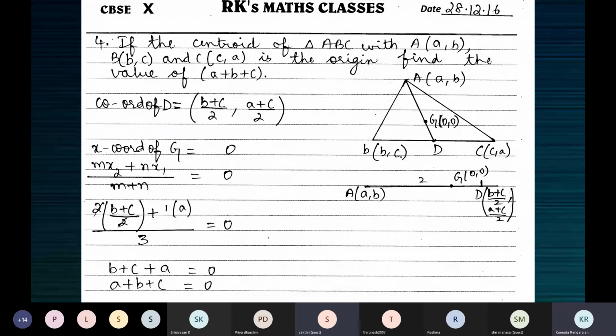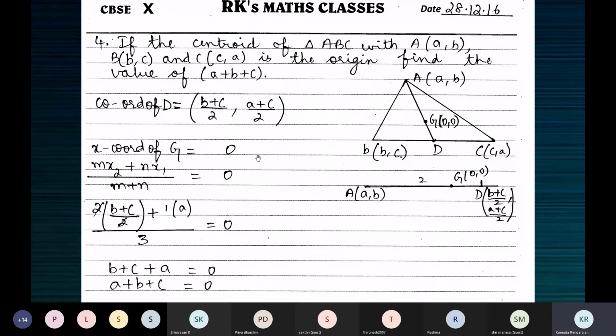Now, rules keep changing, but I'll tell you what was existing. Now the latest thing your teacher will tell you in school is that it's going to be objective style. So you can use the formula x1 plus x2 plus x3 by 3, y1 plus y2 plus y3 by 3. Earlier, if it was a 1 mark question, you could use the formula. If it is not a 1 mark question, then you had to show the steps. You were not allowed to use the formula. So I have worked it like this.